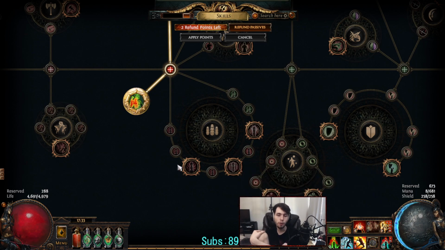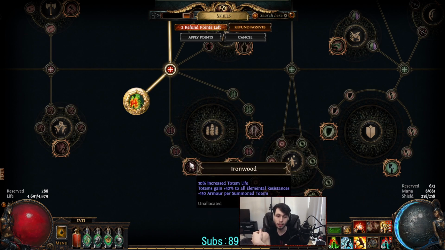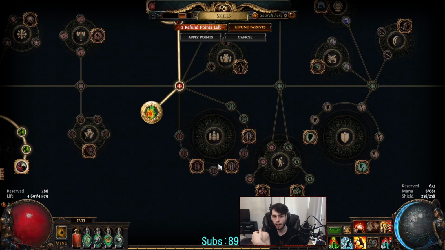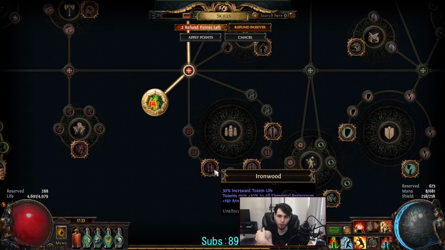Though, with Ironwood, we'll see. If it feels good, that's cool. I honestly hope the tech works. I haven't had a lot of faith in it, so I haven't tried it until now, but I'm going to try this when I do bossing, and hopefully the totems live, because upkeeping totems during boss fights is the most